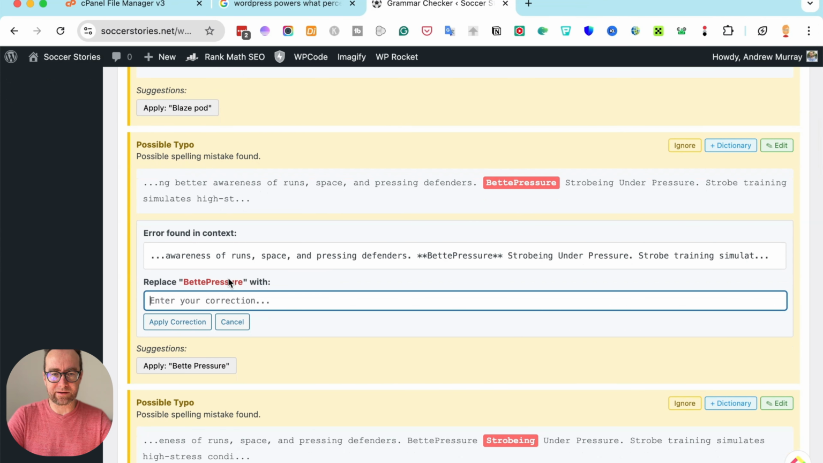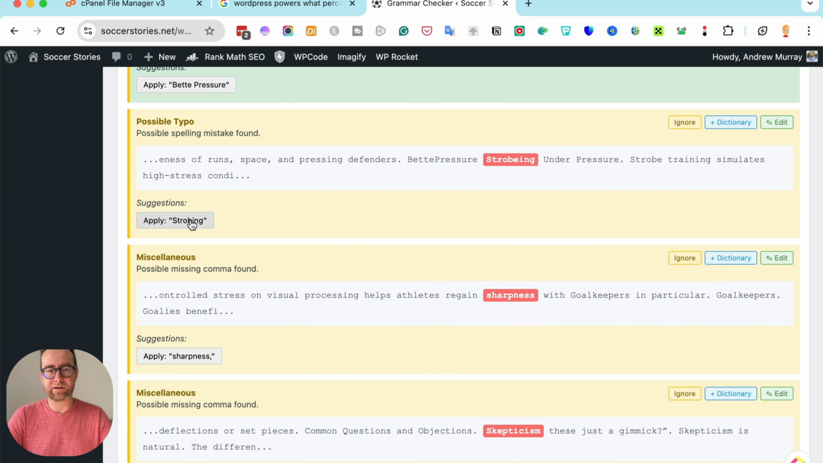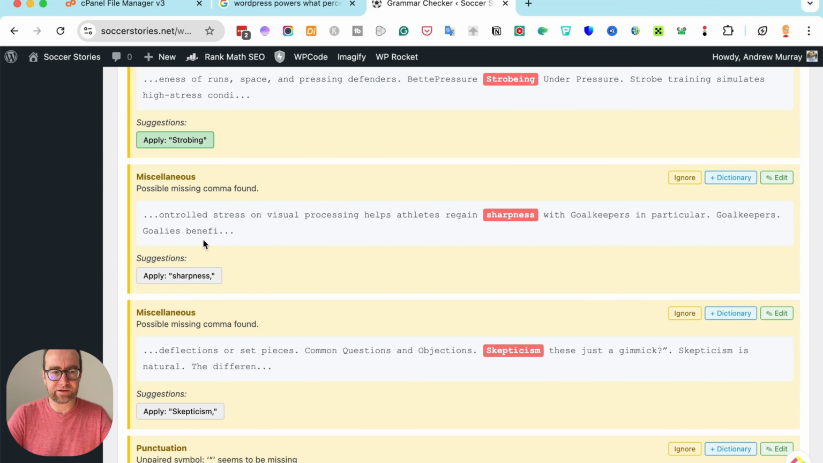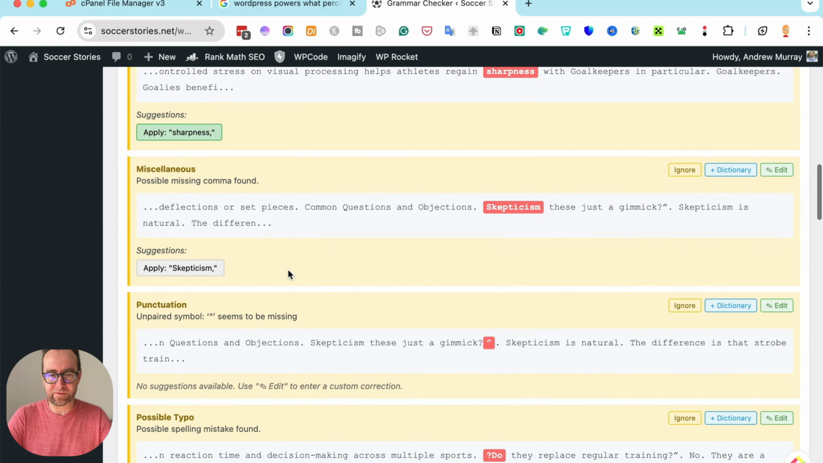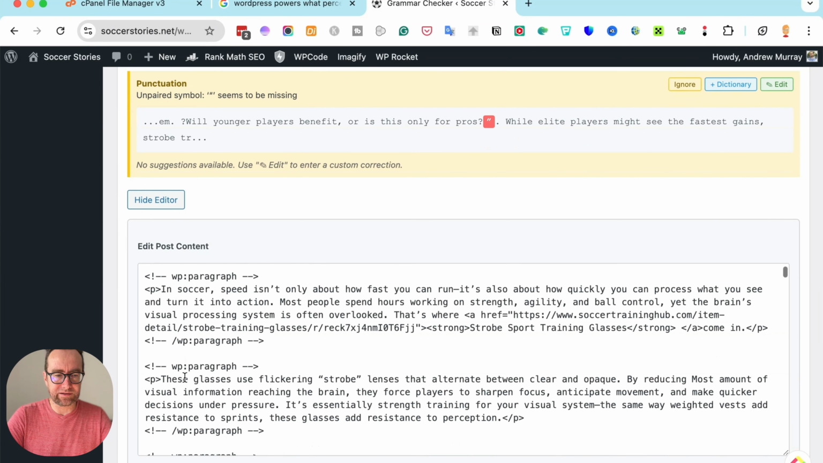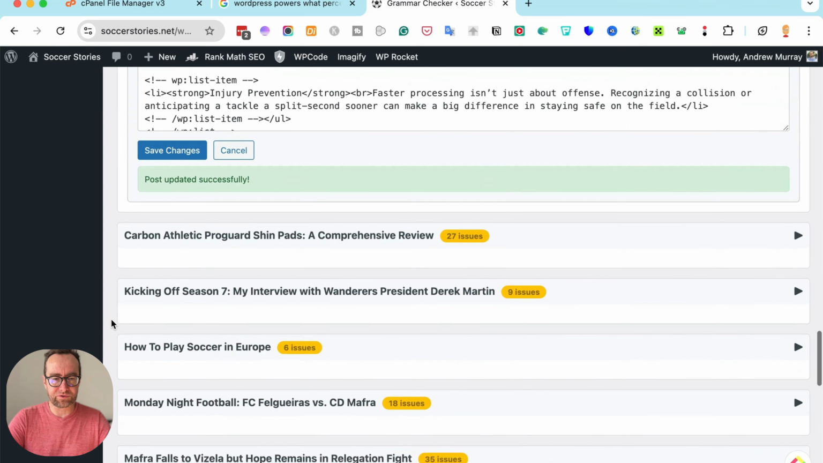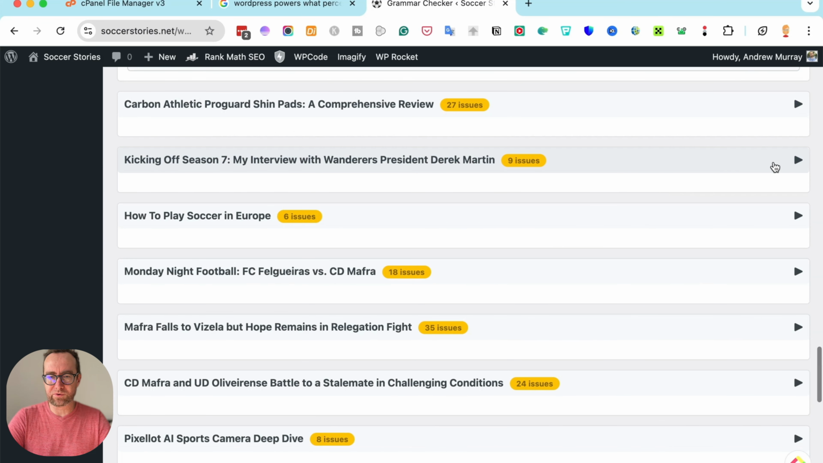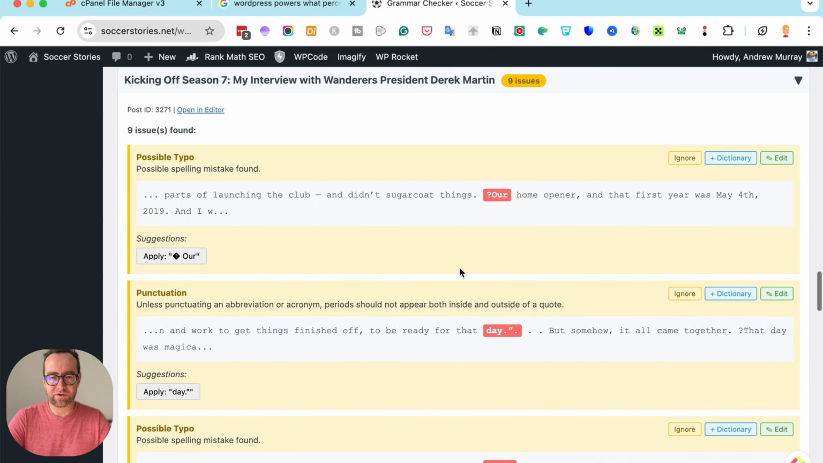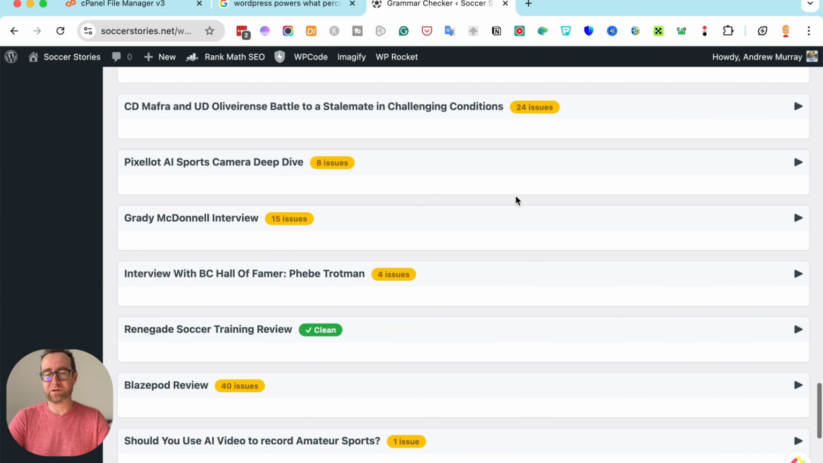I can go in and edit that and change better pressure to better pressure, strobing. I can apply a fix to that. Sharpness, and it's adding a comma here. So I can go on and I can save this. I can also edit directly in here. So if I need to change something a little bit more granularly, I can do that as well. And then I can scroll to the next post and go through and look at some of these errors. So we still have a couple issues that are coming up here,